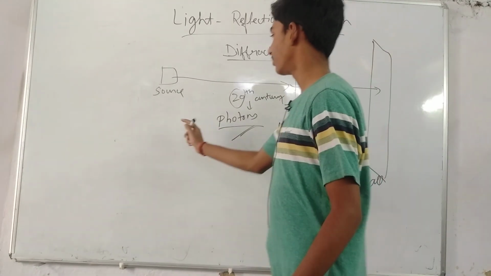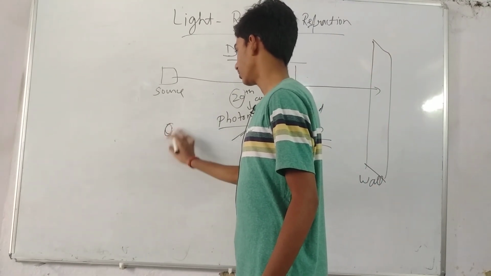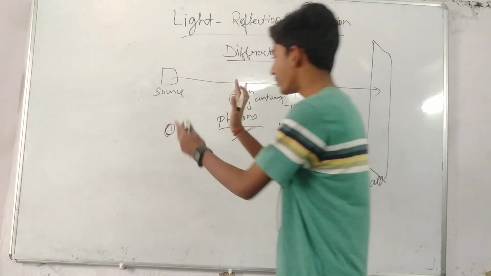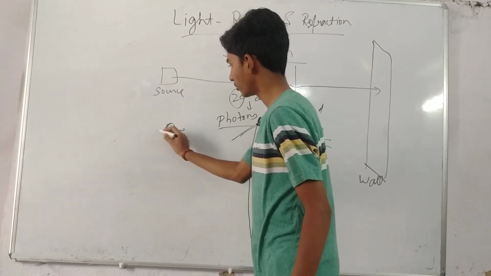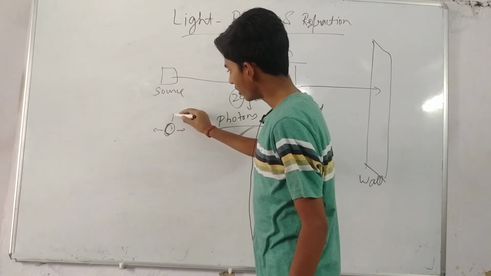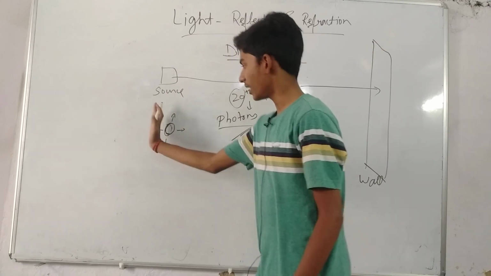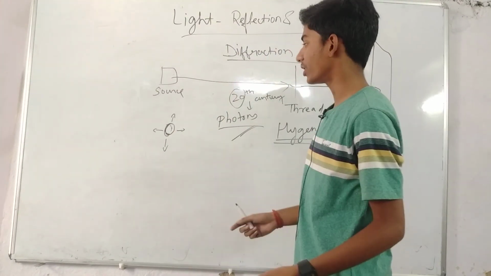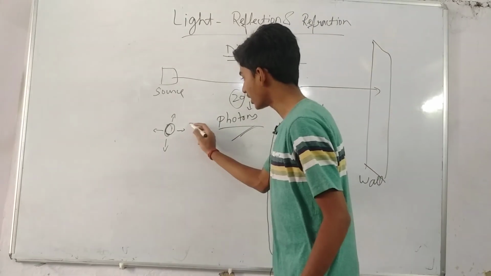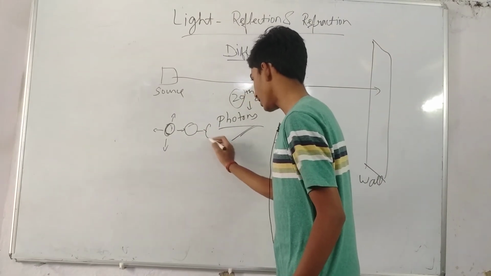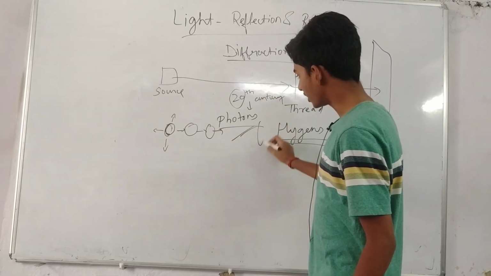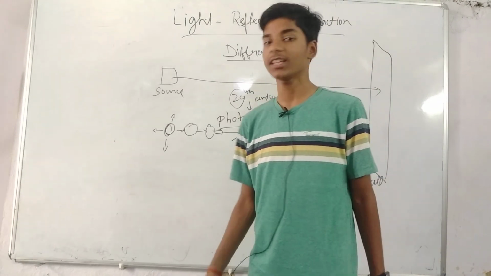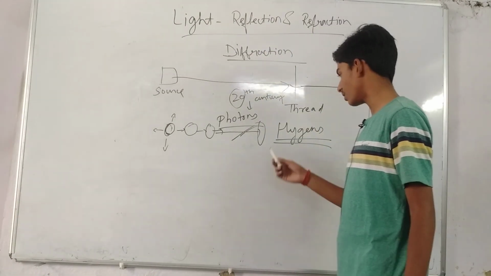Like if there is a particle here, then it will not move anywhere. It will vibrate about its mean position, either left or right, or either up or down. It will vibrate about its mean position and transfer its energy to the corresponding particle, and this will be carried on until it reaches its destination. This way a wave travels, as we have studied in class 9, and this type of theory was given by Huygens